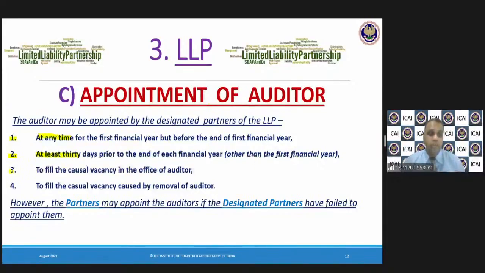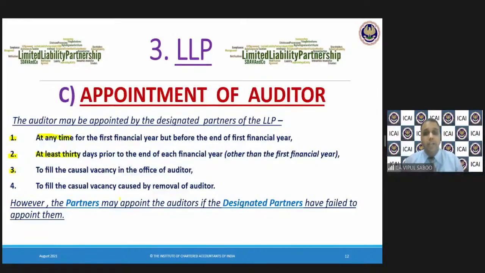To fill a casual vacancy caused by removal of the auditor, you can fill the vacancy at that time. Or if there is a casual vacancy owing to reasons on the auditor's part, you can fill the casual vacancy. However,